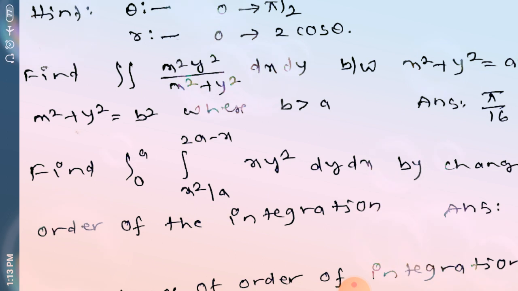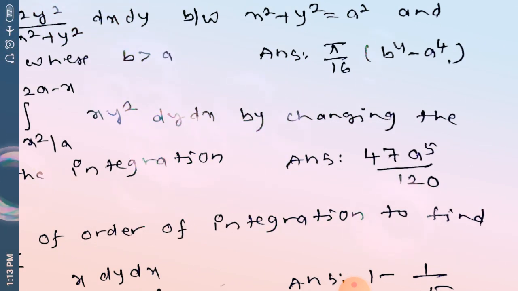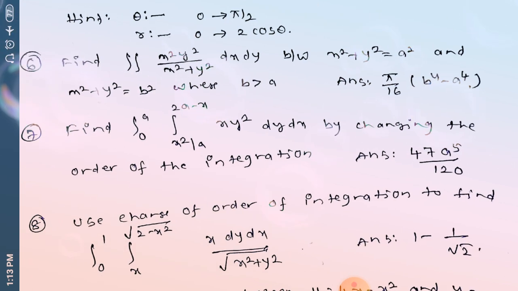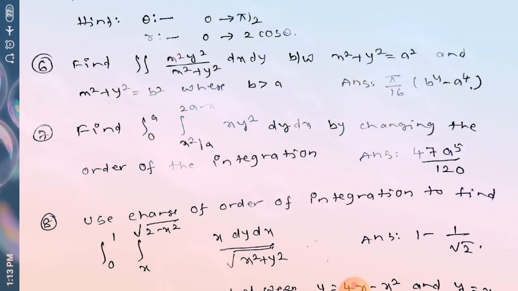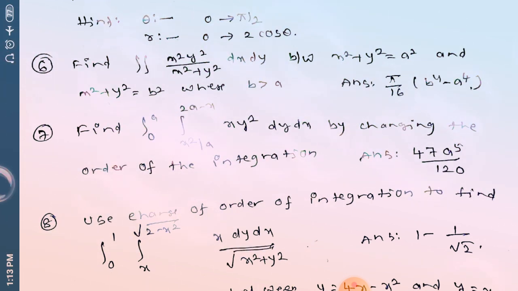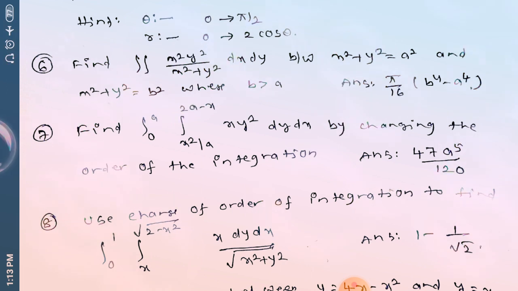Taking the integrations on these two parts and doing the simplification, you will get the final answer, 47 a power 5 divided by 120. The only thing is, while taking your strip, you need to identify whether the strip is moving, are you going to change any p and q values? That is important. If no change is there, then only one strip. If change is happening, better you divide the common area into two different parts. In both parts you calculate x limits and y limits. Here you are getting two parts, that's why you are getting a combination of two integrals. So the final answer is calculated.